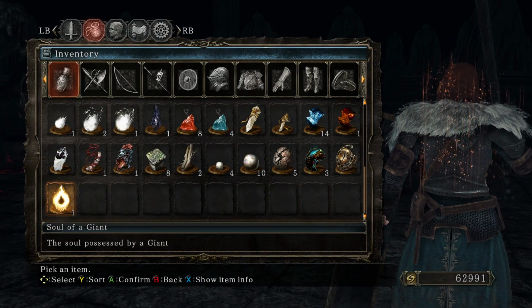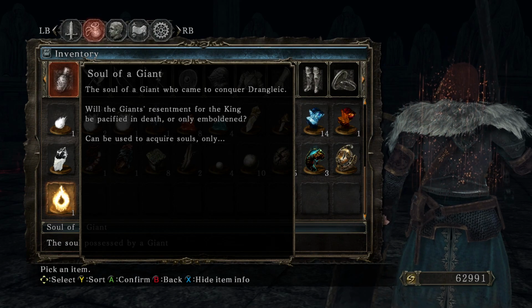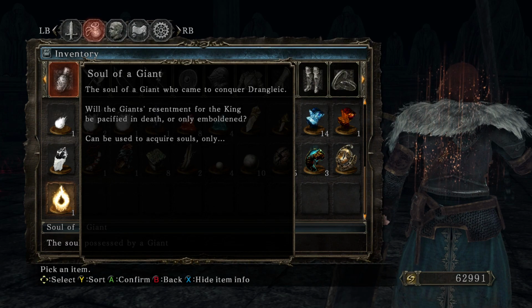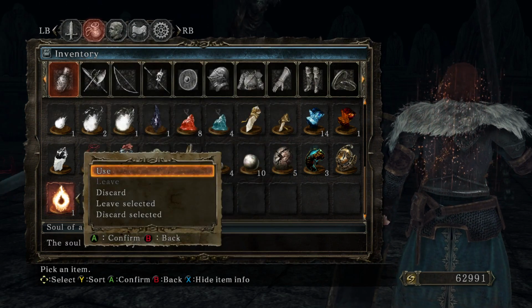Right here, Soul of a Giant, soul possessed by a giant. Soul of a Giant who came to conquer Drangleic. Will the giant's resentment for the king be pacified in death or only emboldened? Can be used to acquire souls only ...